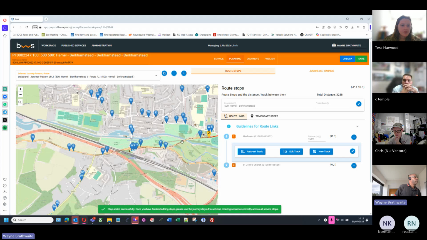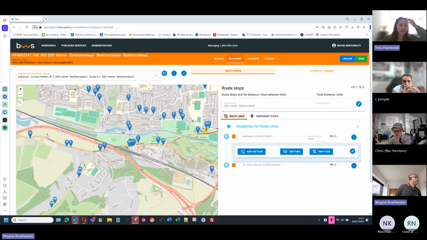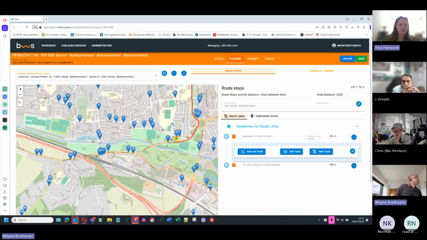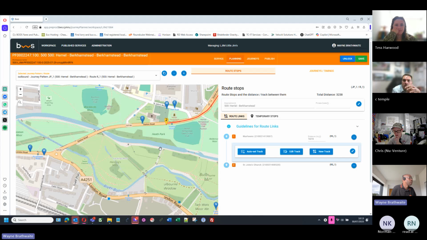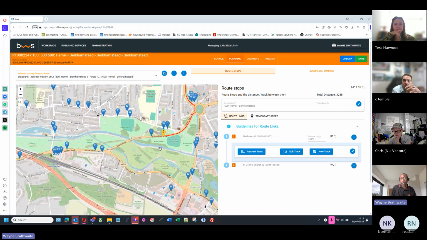So it's as simple as that. You've got the NaPTAN right in there, all preset, and you can pick from those. All the NaPTANs are in there. You can see which side of the road the bus stops are on, which is something that when you're using the other tool, is quite difficult. Particularly if you've got a route that goes anti-clockwise or clockwise, sometimes the descriptions in the NaPTAN data itself aren't particularly clear for working out which side of the road something's on. So this kind of removes some of that,